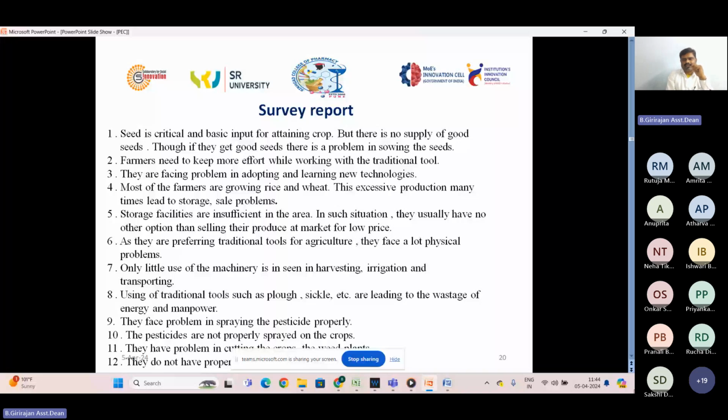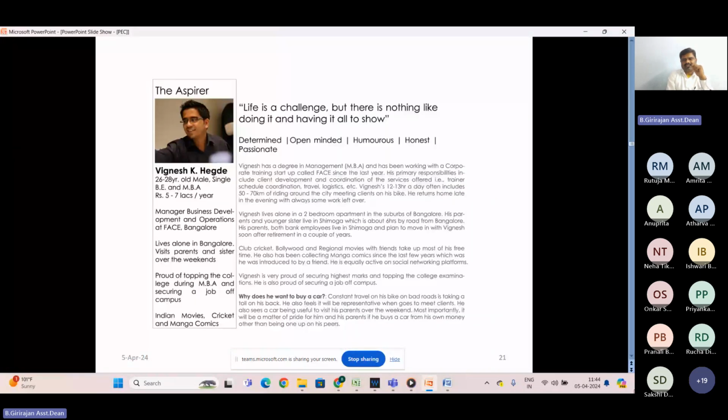You can select one community and focus on one person who is an expert in that field, and you can create a persona about the person's education, social media, and characteristics. He is determined, open-minded, humorous, honest, passionate, and has certain facilities, like owning a costly mobile or car. You can analyze this in one or two pages about the community partner, so that you have enough information about the person you are designing for. Here you can see a visualization of one person in two pages. These two pages consist of the entire data about the person.